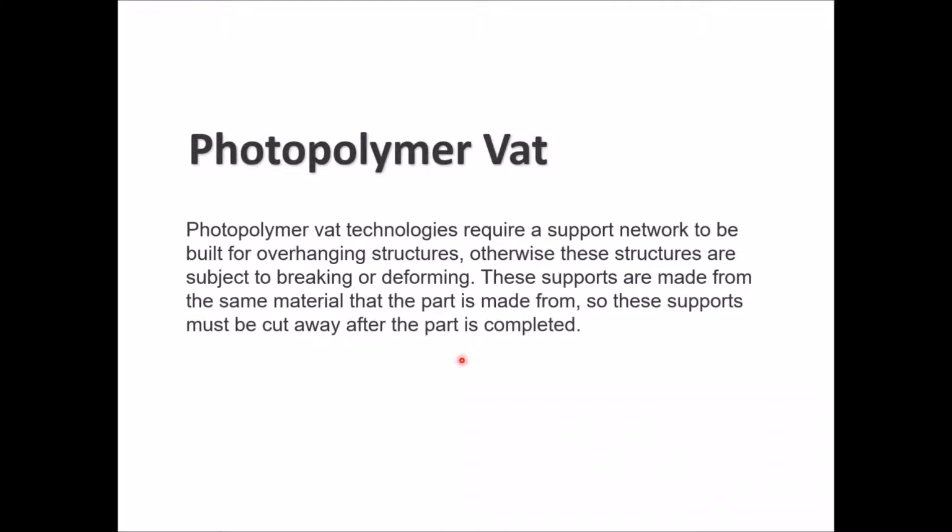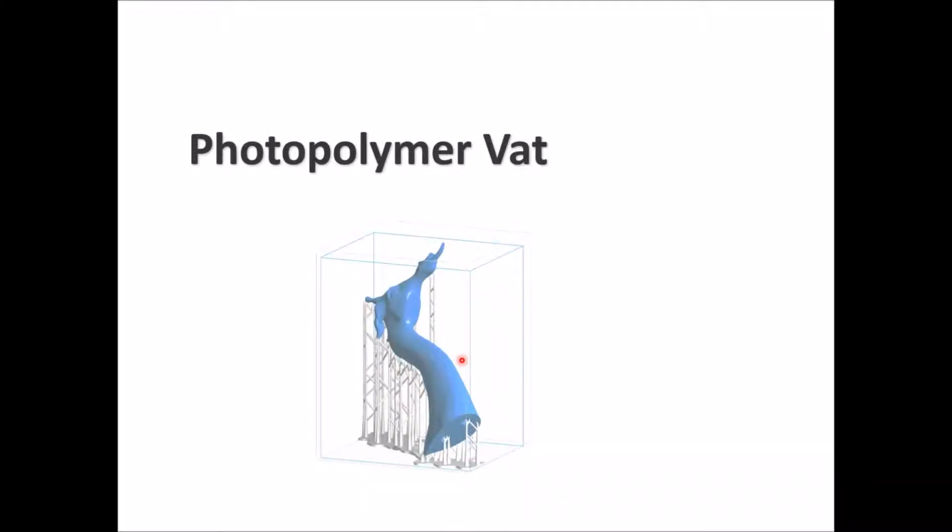The downsides, or the notes, on the photopolymer process: it needs some support network to be able to build any kind of overhanging structures. Otherwise, these structures will break or have defects and deformations. The supports are usually made of the same material that the part is being printed with. These supports must be cut away and removed in the post processes so that the part is completed in its final shape. You can see here,